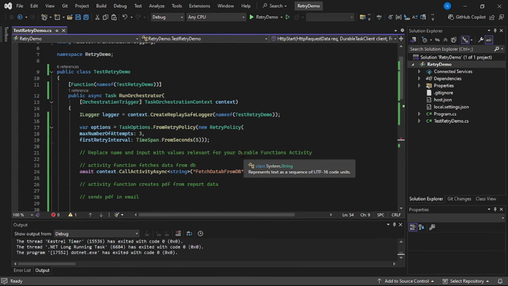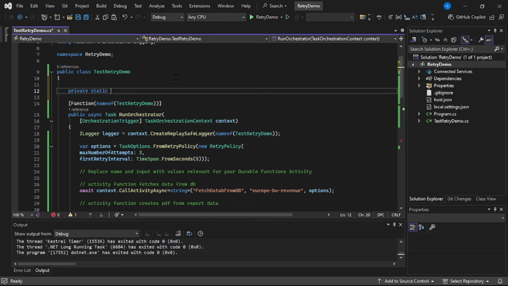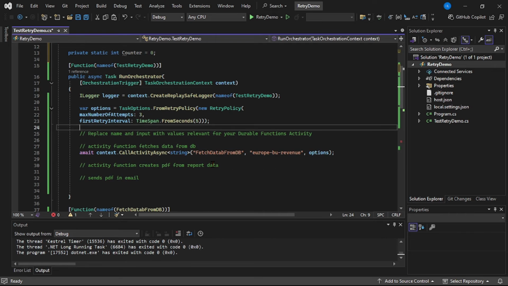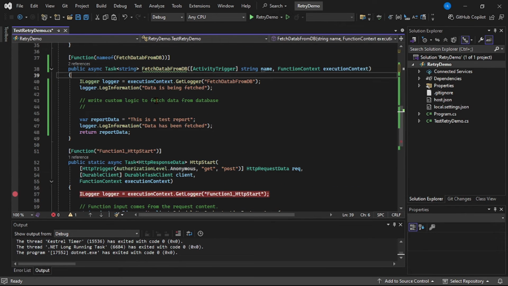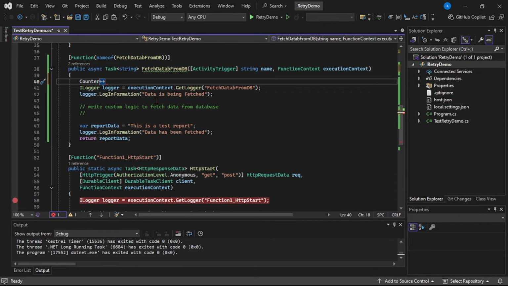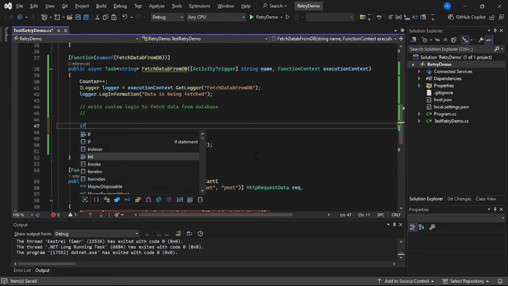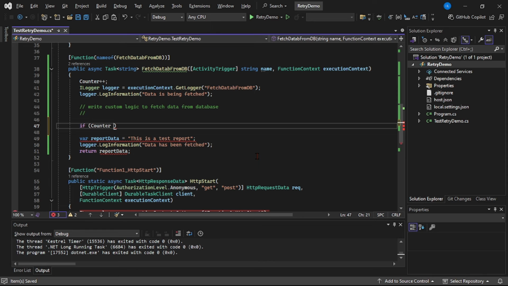Now in this, let's go up, and here I will say private static counter is equal to 0. And now let's go to our activity function, and here I will say counter plus plus. So when this activity function runs for the first time, this counter value will be 1. And now here let me throw an exception for first 2 attempts, right? So here I will say if counter is less than 3,